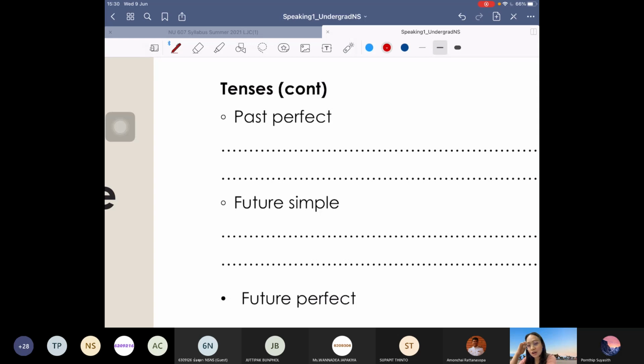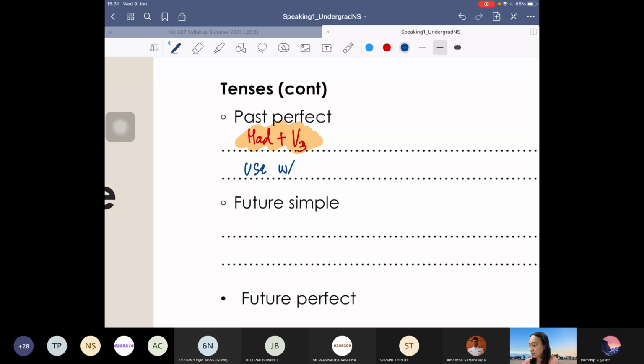Okay, so the structure of past perfect is that we use had and verb 3, verb ช่อง 3 เนาะ. So we use it with past simple